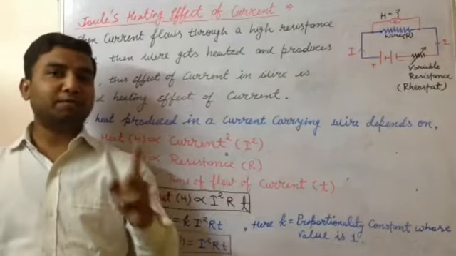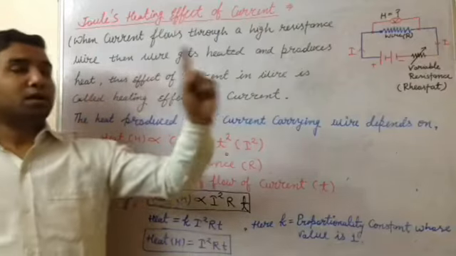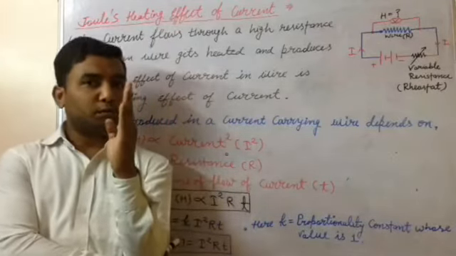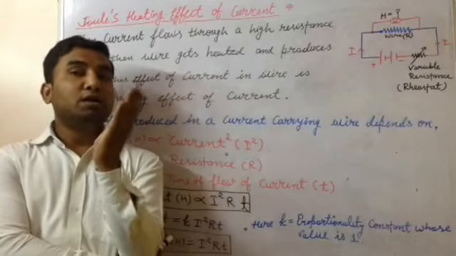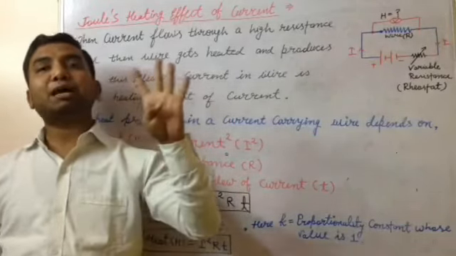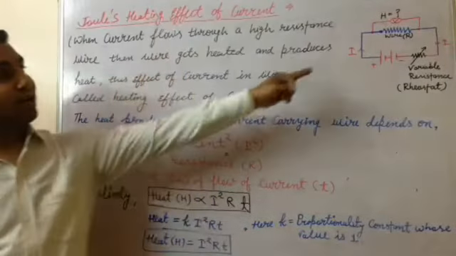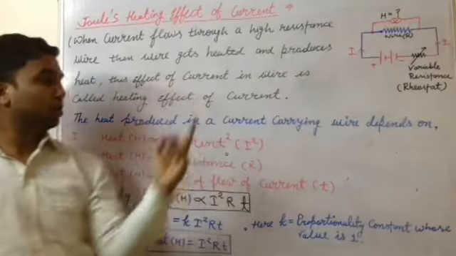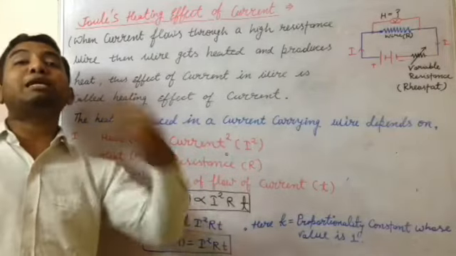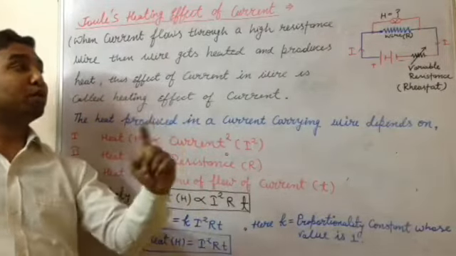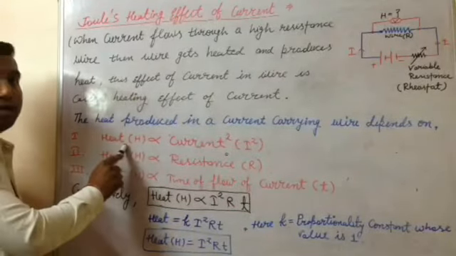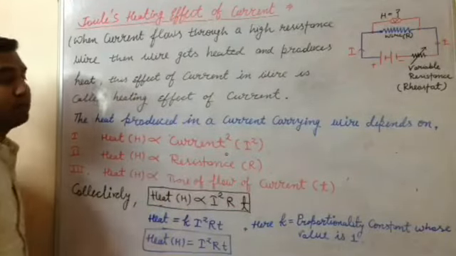Like, all conditions are the same. Suppose in case 1, how much current is flowing? 1 ampere. Okay, so suppose whatever heat is produced, that we got. Now when the current becomes double, how many times will the heat increase? It will increase by 4 times, because when the current becomes 2 ampere, because of the square, the heat produced in the second case would be 4 times more than the first case. So heat produced in the conducting wire depends on the square of the current.